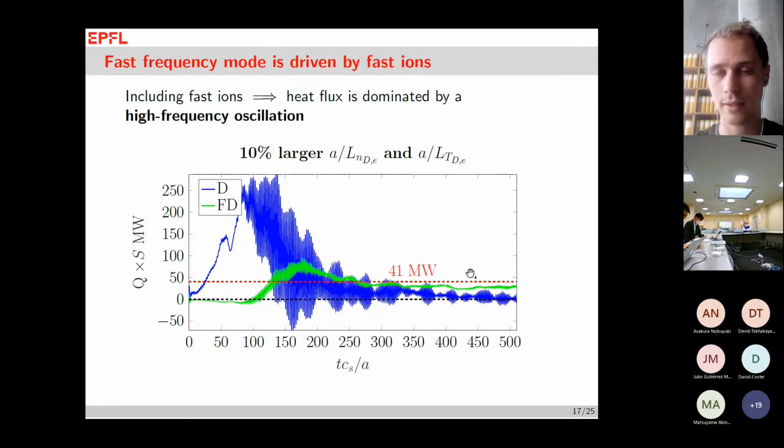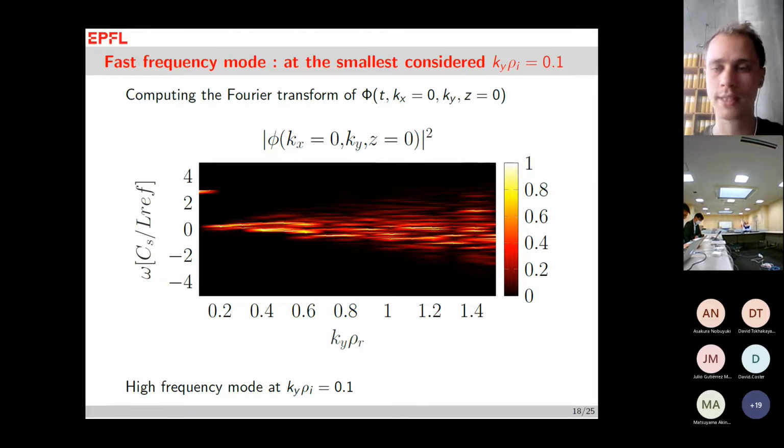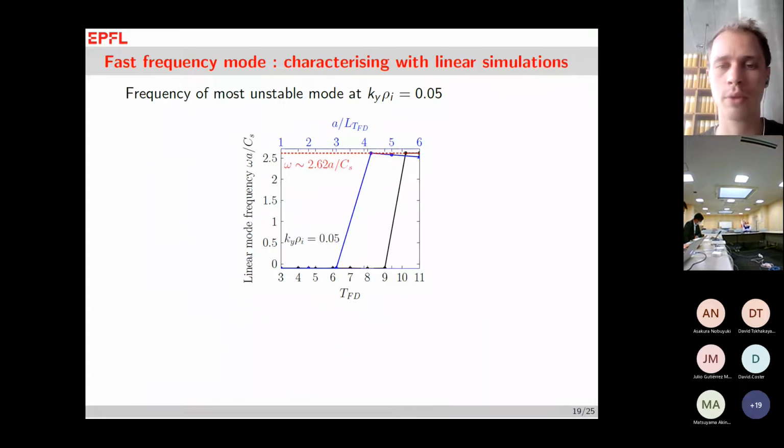Now, if we look at the frequency spectrum, we can see that this indeed comes from a very low Ky mode. If you look at this Fourier transform here of the electrostatic potential, you see a very large frequency component here. And this frequency, in fact, corresponds to this oscillation we see in the nonlinear simulation. And using linear simulations, we have been able to characterize this mode and understand what parameters